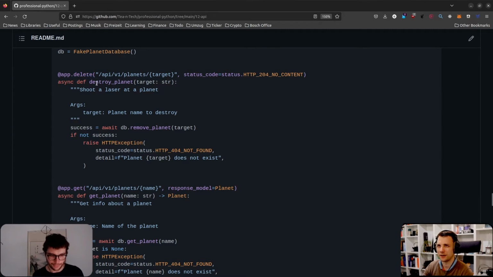The path is the path to the object in the database, right? Not even the database. You don't care about the database. This is just the description of what this command does. If a request comes in the URL with a delete, I mean this is a get, but if there were a delete, and then in the end here there would be the planet name, which is target. I should have mentioned that. And it matches this target here to this one. How nice is that?